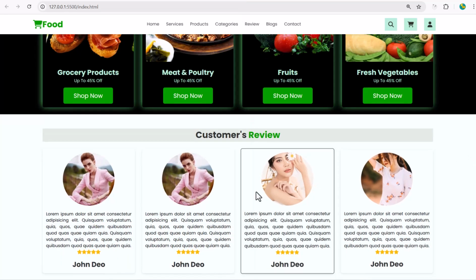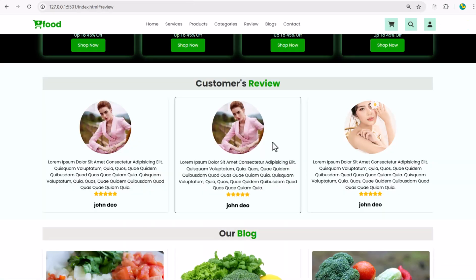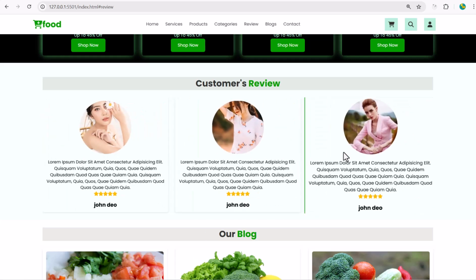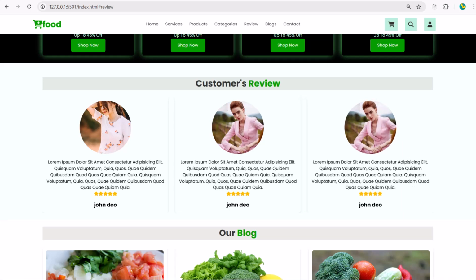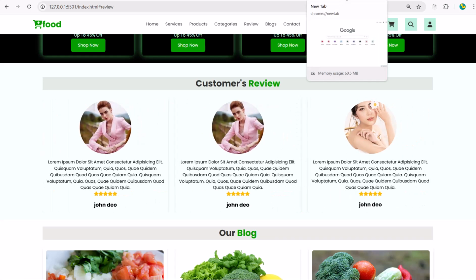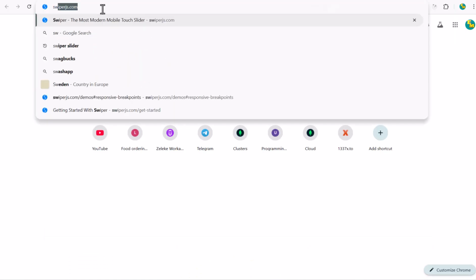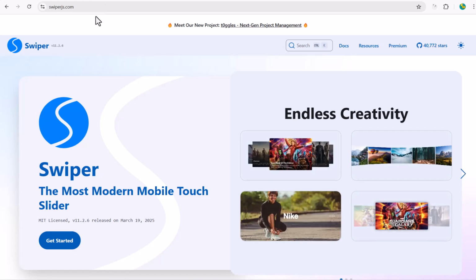Yeah. So here we have the review section, the customer review section. The major aim is to make this customer reviews section in autoplay mode, right? You see? Awesome. Take a look. So to make this, we are going to use an external library which is swiper.js. Swiper.js. Head over swiper.js.com and again